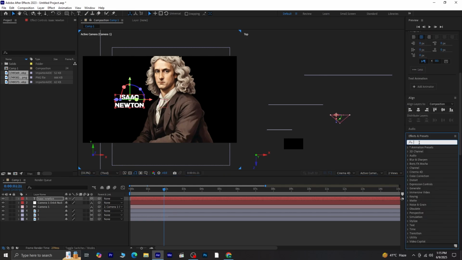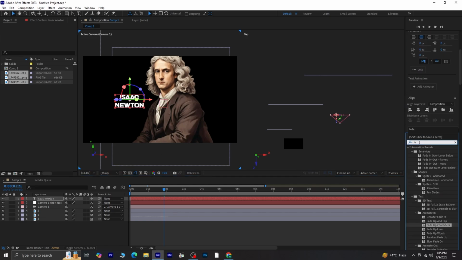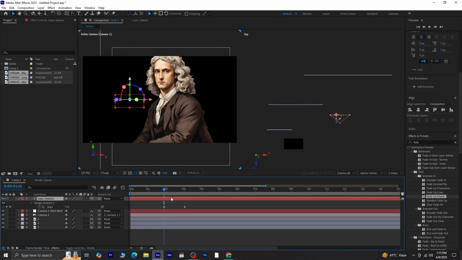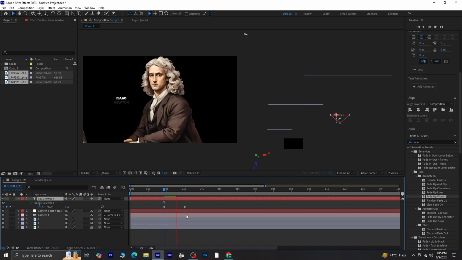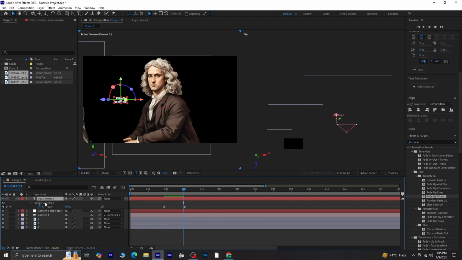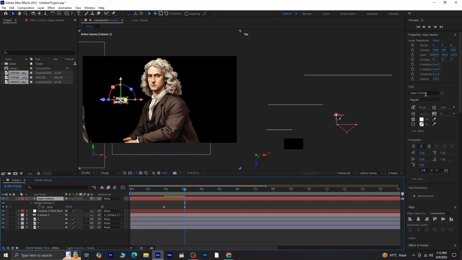Now go to the Effects and Presets panel and search for the Fade Upwards effect. Apply this effect to the text layer. Finally, press the U key on the keyboard to view the keyframes that come with the effect. Adjust the text,